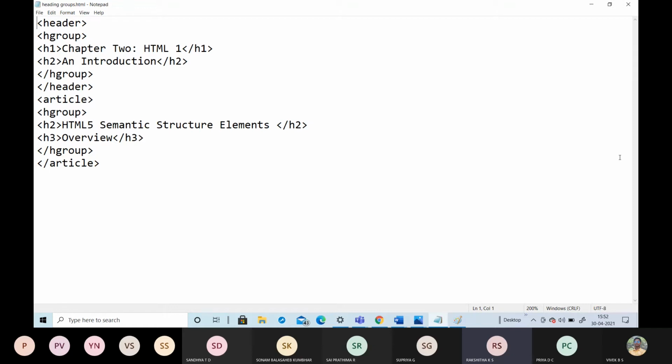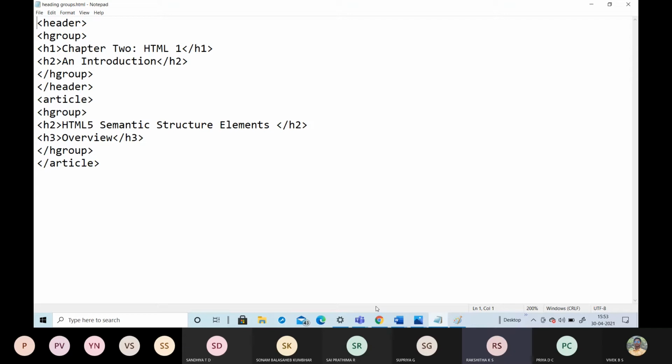All the headings should be grouped together within the same container. Here H1 is one group and H2 is another group. Again it should be grouped in one more hgroup like H2 and H3. If we need to add another group at header level 3, then we have to add H3 and H4. In the next level we are going to add H4 and H5.